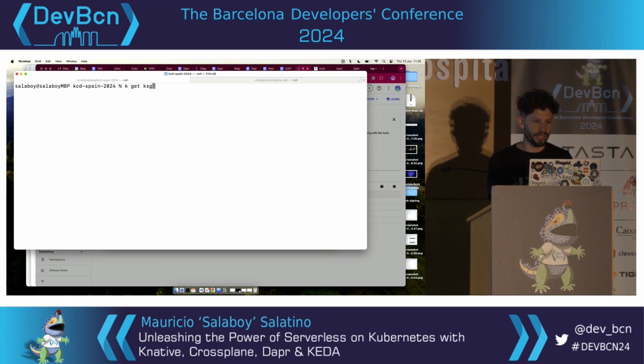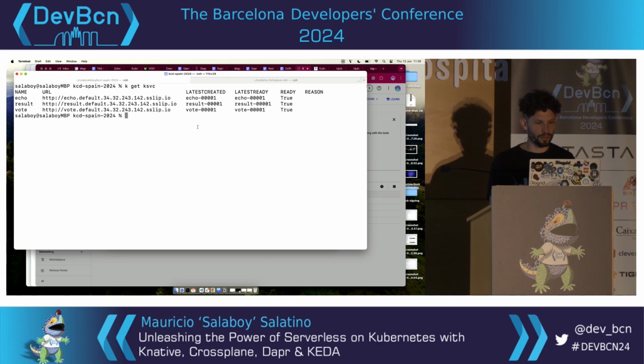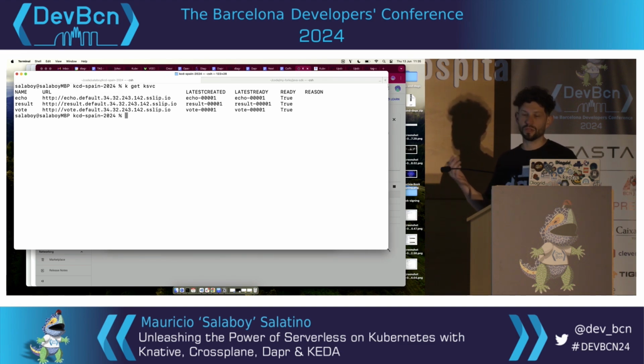So we have Knative services. That's how I list my Knative services for the application. If it actually connects to the internet, there you go. You can see that I have 3 services that are being exposed, the 3 UIs that we saw before: the one you used to vote, the results, and the dashboard that was showing the cats and the dogs, right? So I'm using Knative there to scale things up and down.